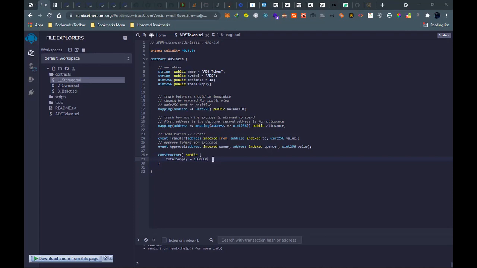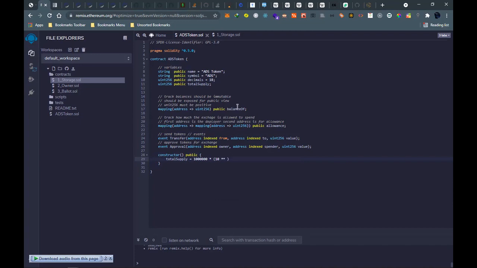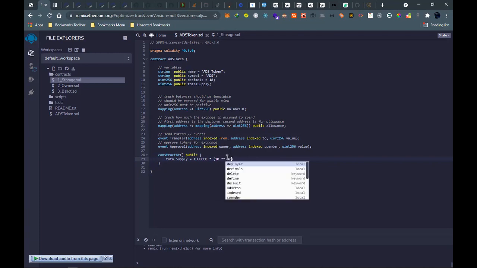And then multiply it by our decimals. Our decimal is base 10 to the power of 18 decimals.